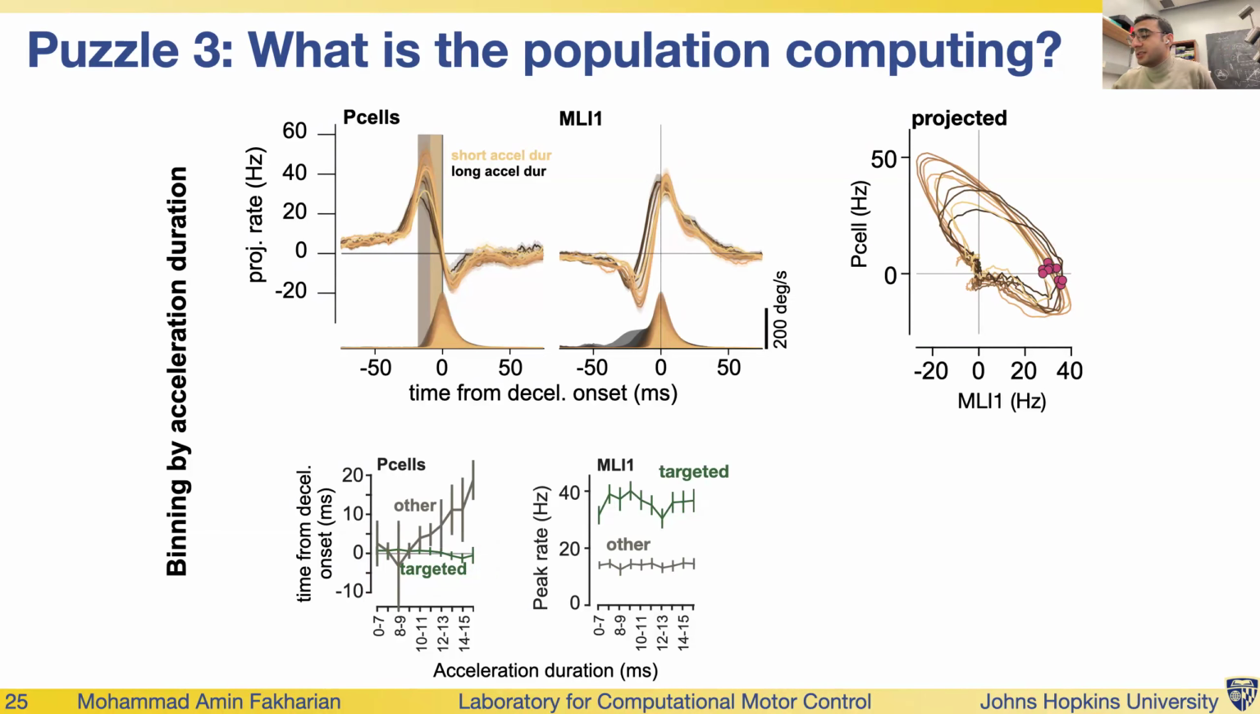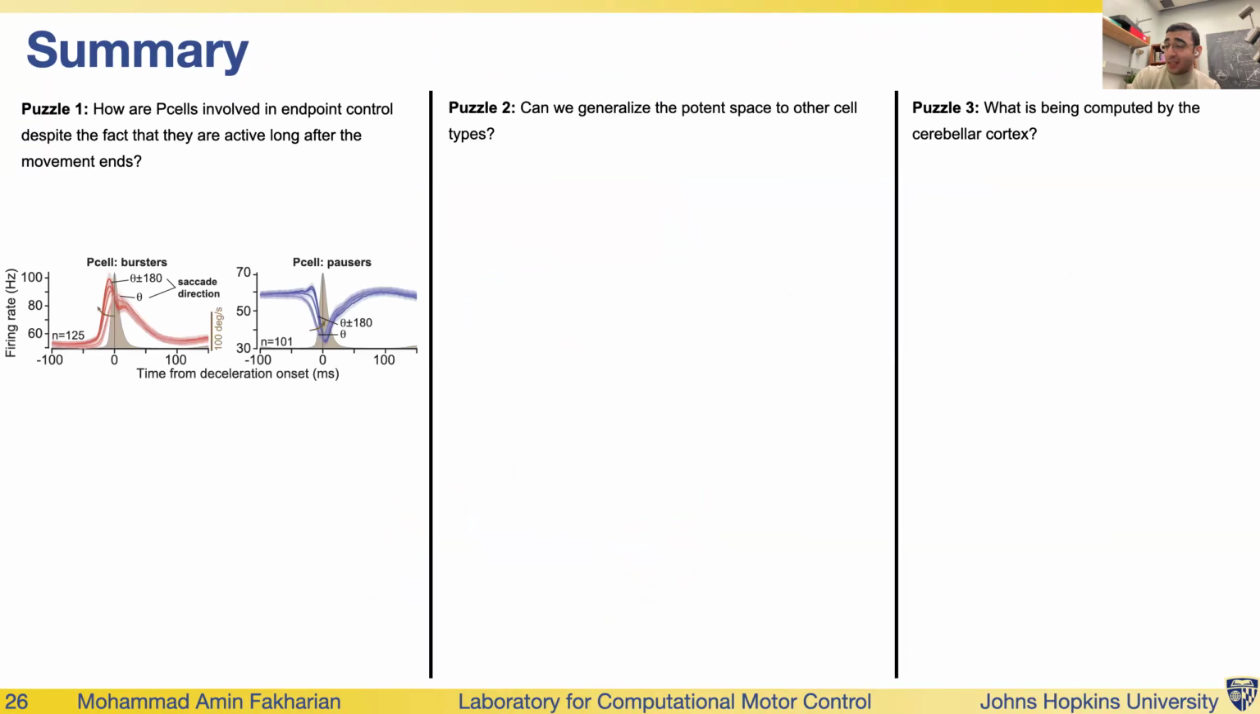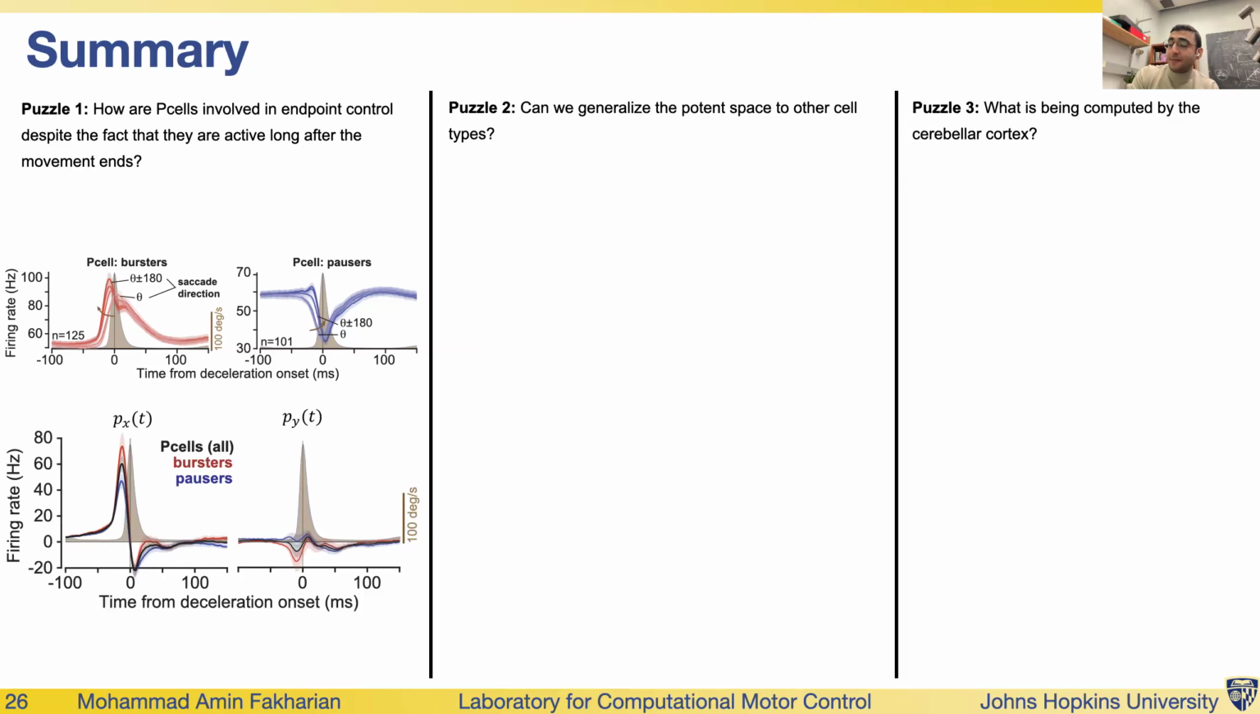So in order to summarize, we tried to tackle three puzzles. Puzzle one was how are P cells involved in endpoint control despite the fact that they are active long after the movement ends? Specifically for bursters and pausers that seem to have very different modulations for similar movements. And the answer was that inferring the weights from a perturbation analysis through the climbing fibers was able to give us a population response that is the same for the bursters and pausers, and is only active